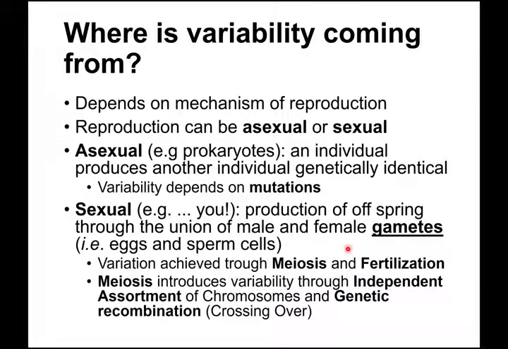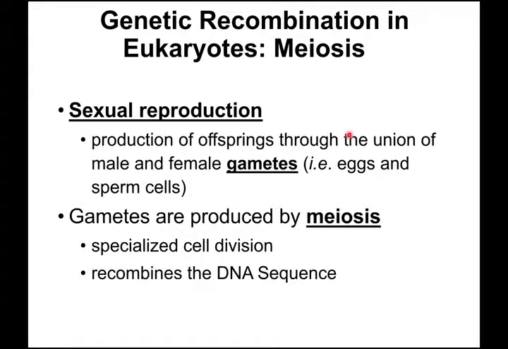When we talk about meiosis, meiosis introduces variation by producing gametes that are different from each other through mixing of DNA, which is referred to as genetic recombination by crossing over, and by randomly assigning the chromosomes present in the original cells into the different gametes, which is referred to as independent assortment. Fertilization as well, by randomly choosing the different gametes that are going to fuse together to produce the offspring, contributes to this variability. So variability in an asexual individual is achieved through mutations only, and large numbers help with that. In a sexual individual, it is achieved through the process of meiosis and fertilization, done with two different individuals mixing their DNA together. So from now on, we'll focus only on sexual